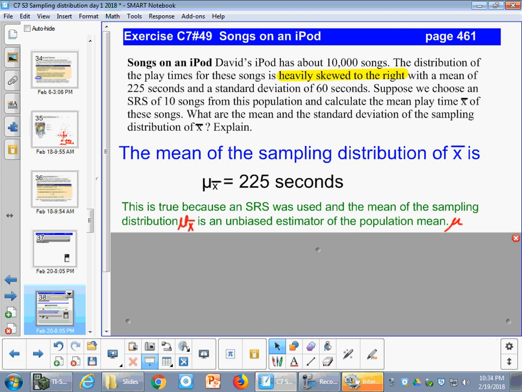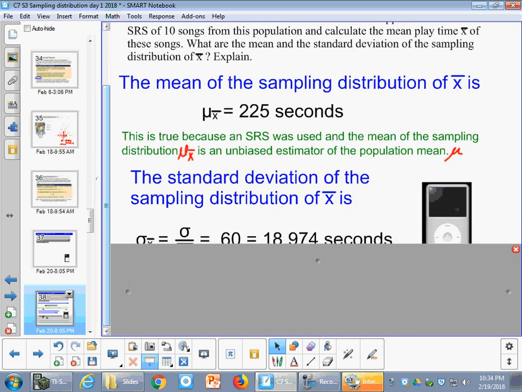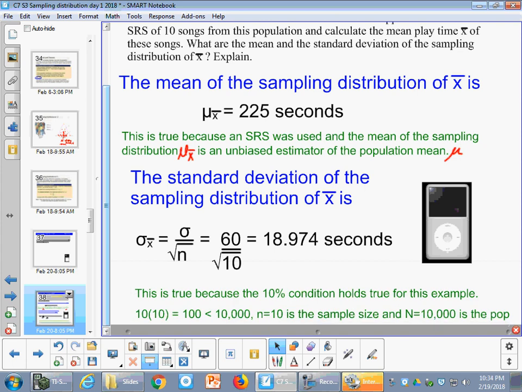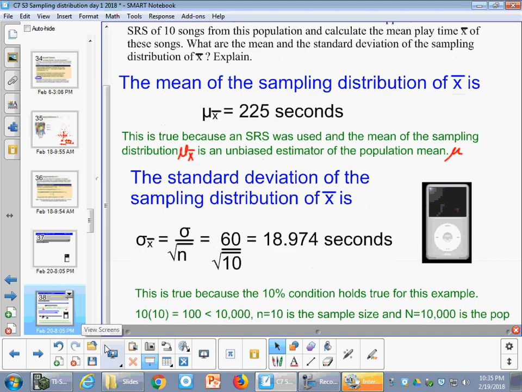And then the standard deviation of the sampling distribution, I don't think we're overachieving. 10% would be 100, and it's told us that he has 10,000 songs. And so 100 is definitely less than the 10,000, and so I can apply the formula, which is sigma sub x bar, is the sigma of the population, which is 60 seconds, divided by the square root of 10, and we get